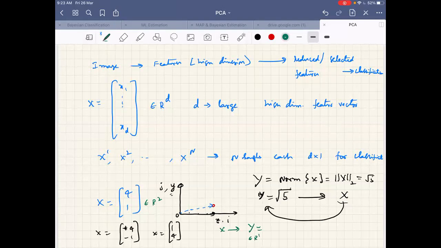Can I just move it directly to the complex plane, 4 plus j or something? That will keep the information as well. No, that is a complex number, you can't go there. We are processing on real numbers. Linear transformation we can do, sir. Yes, linear transformation we can do, but which linear transformation will you do, and what is the simple thing? I don't mind dropping some information, even though I said I want to preserve it. I can drop the information, but I should be able to go back roughly close to x. It need not be exactly x from y.